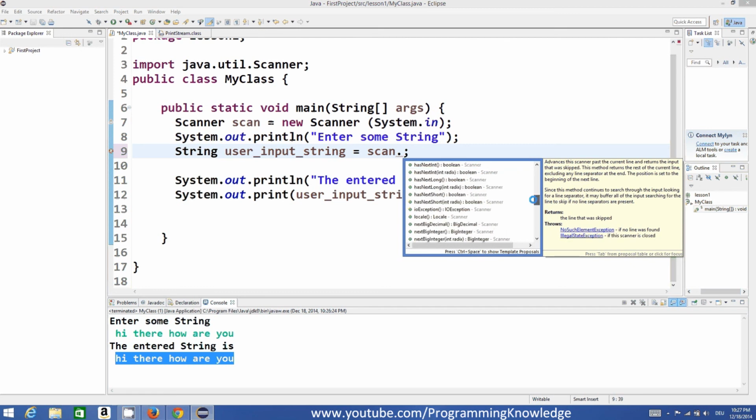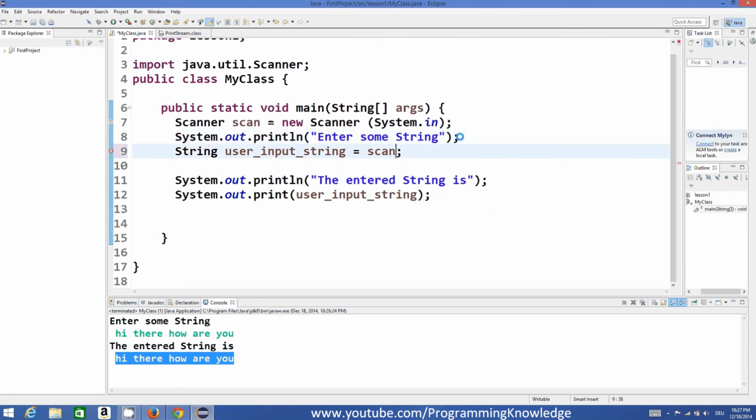There are some functions like next boolean, which can take a boolean value, next big decimal, next big integer, next byte, next float. So whatever data type input you want to take, you just need to use the corresponding next function. Okay, so I hope you understood the basic concept of taking or scanning inputs from the user,